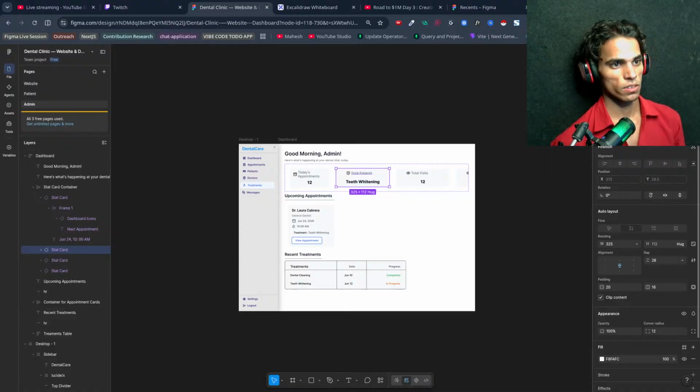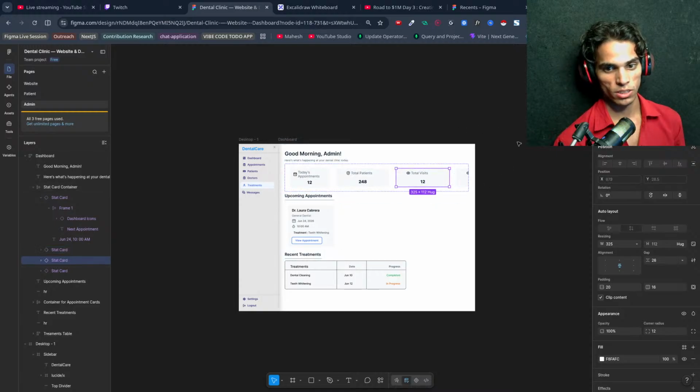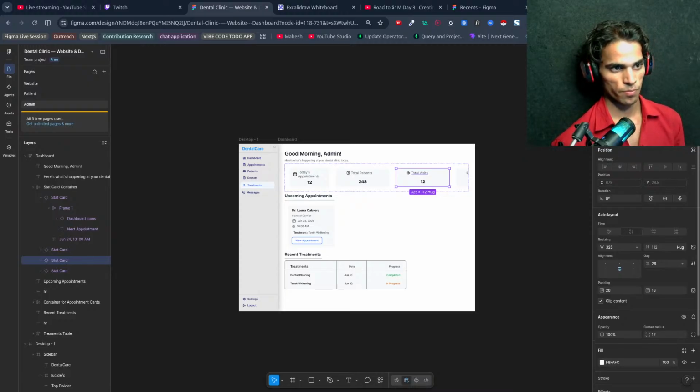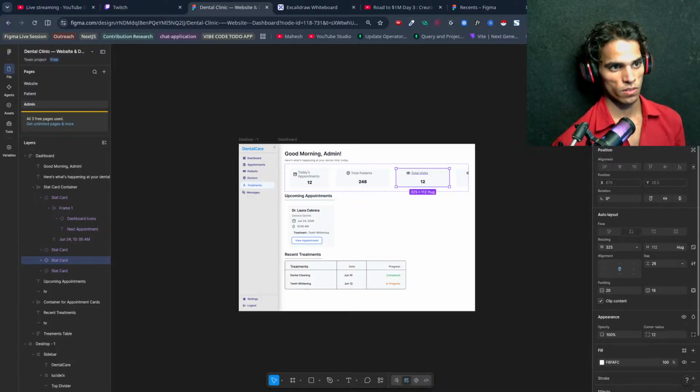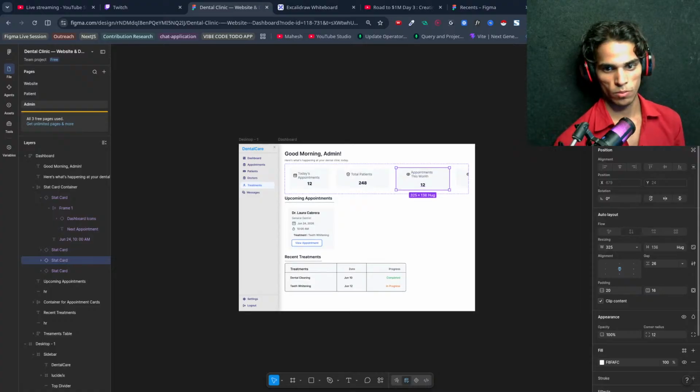Inside total patients we will have 248, and then we'll have appointments this month, and it will be 86.